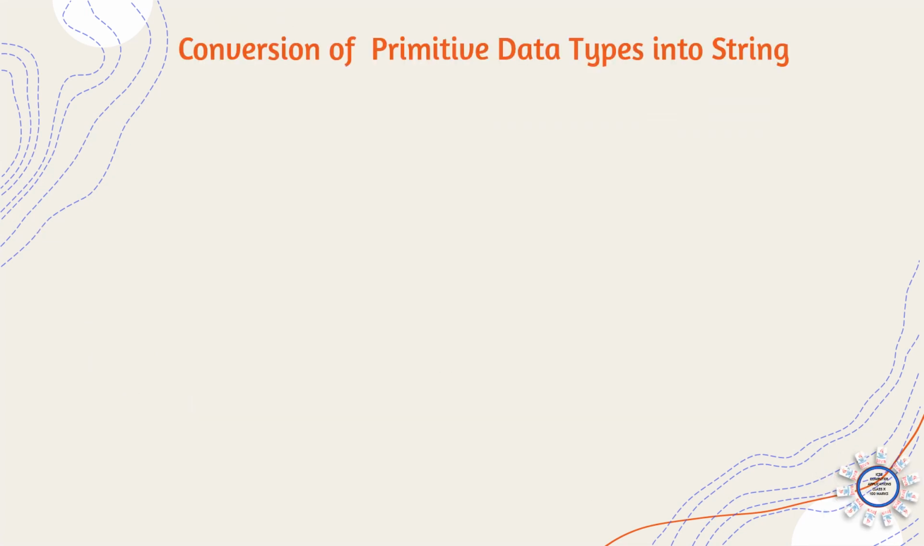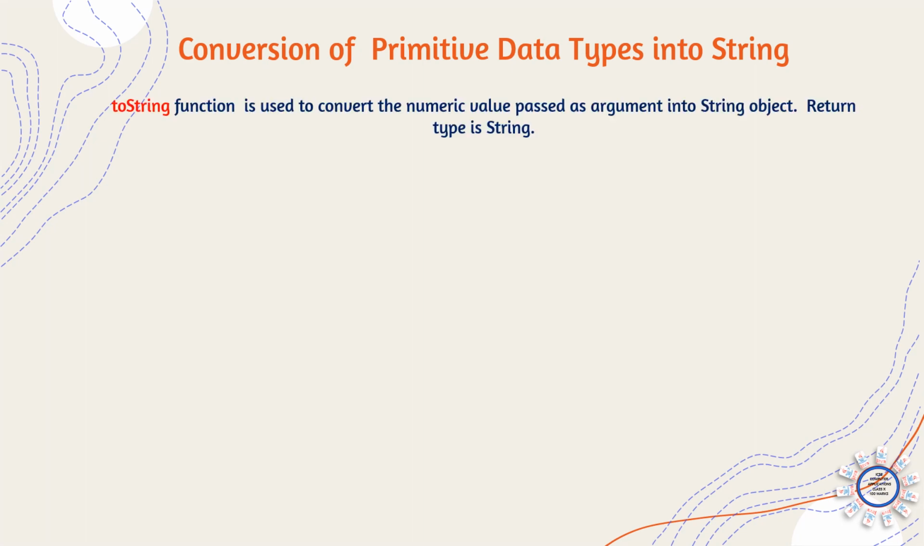Now we can see how to convert the primitive data types into string. We can convert those numbers which are stored in the primitive data type into string by using the toString function. The toString function is used to convert the numeric value passed as argument into a string object, and the return type will be string. So consider this example, int a is equal to